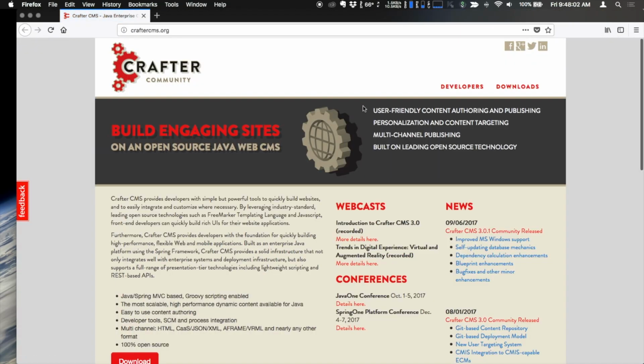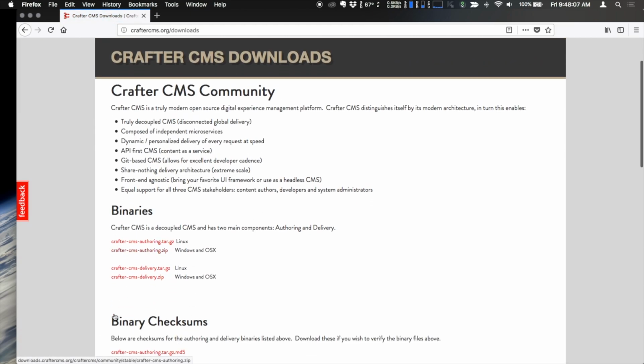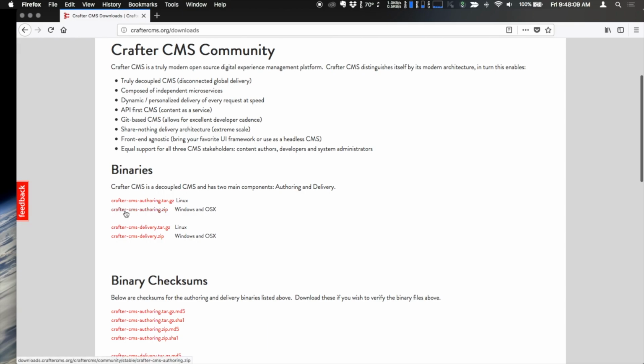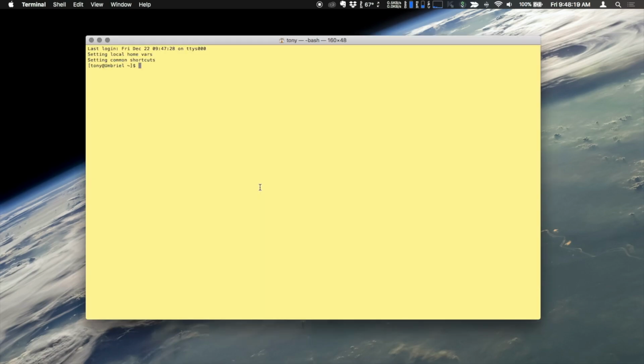We'll visit CrafterCMS.org and click on Downloads. And there are a number of binaries available. We'll take CrafterCMS authoring.zip. The zip file is several hundred megabytes, so I've already downloaded a copy of it. We'll just start with that. We'll start by unzipping,